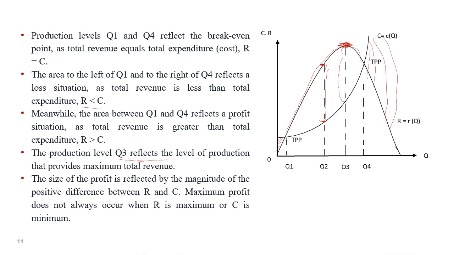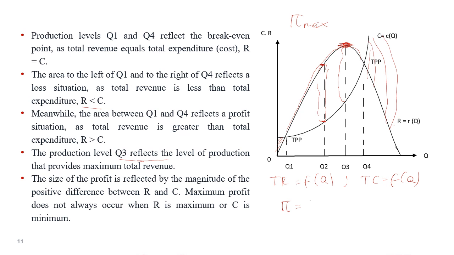What matters is the gap between the points of R and C at the same Q. So if you see here, when revenue reaches the maximum point, it has a smaller gap, just through a visual. We need to find out the exact distance between these lines. So that's why it is very important to find the maximum profit by making another